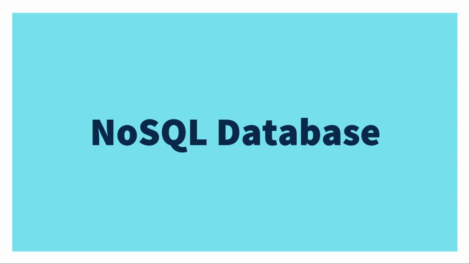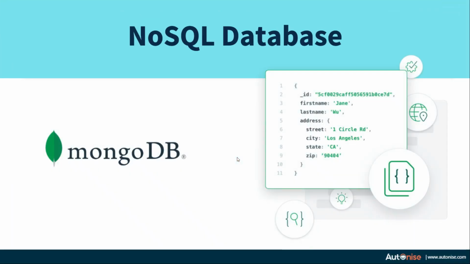Now let's have a look at the NoSQL database. NoSQL databases, as I already mentioned before, were introduced a lot later than the table-based databases, and they were introduced to handle some of the limitations of the table-based databases. A NoSQL database like MongoDB, if you visualize it, will look very similar to a JSON database. It has key value pairs, and inside the key you can also have an object